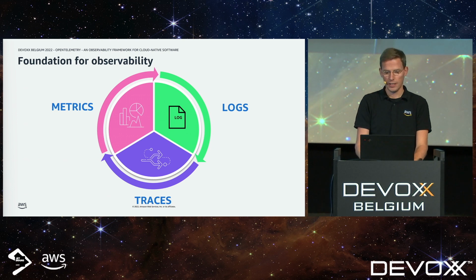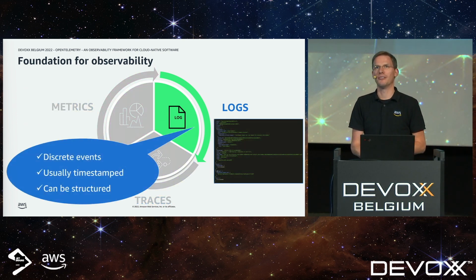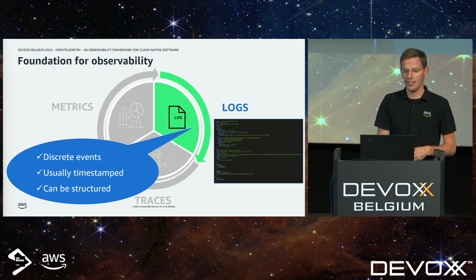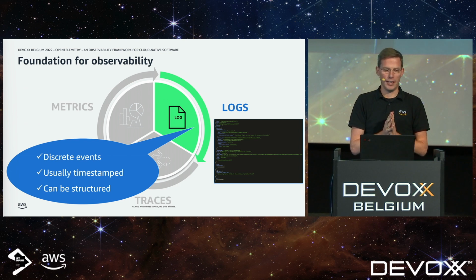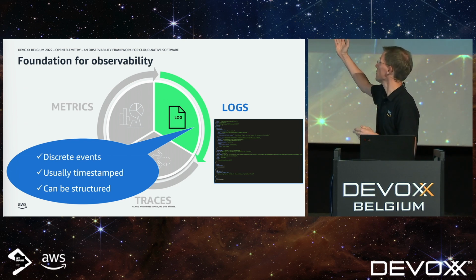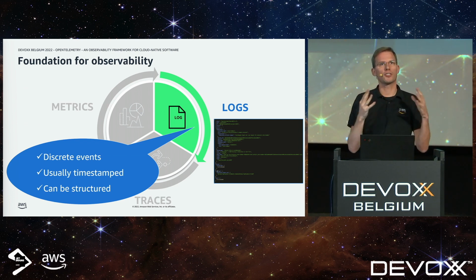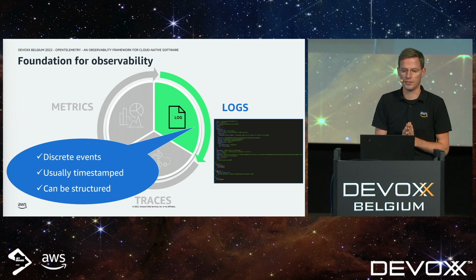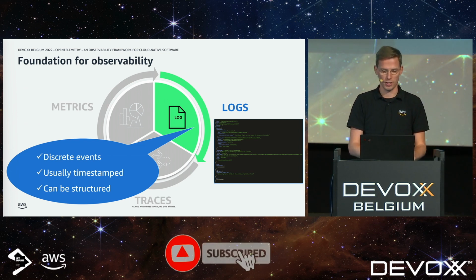Telemetry data. I'll start with logs. That's hopefully well known to most of you. Logs are just timestamped data, and they can be structured as well. What you see here should just indicate it's not just line by line. You can structure it in JSON format, for example,